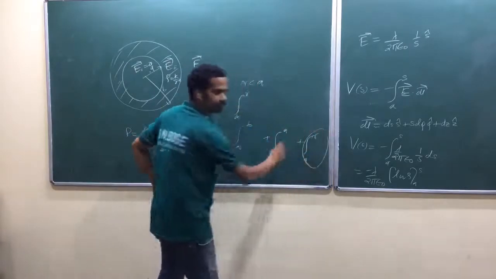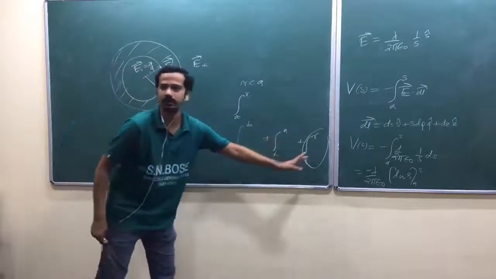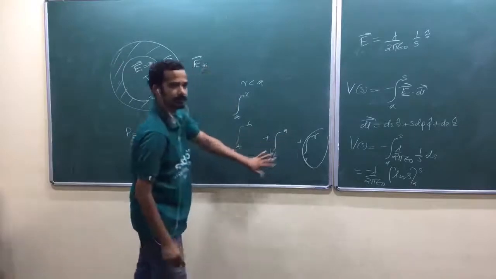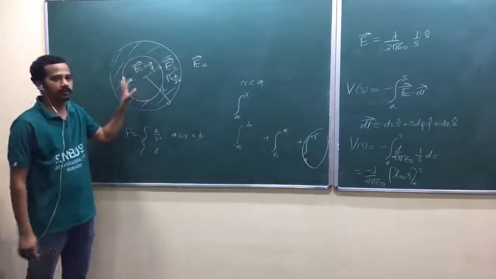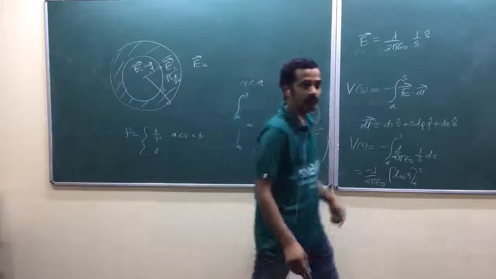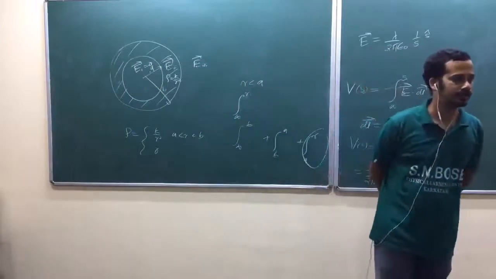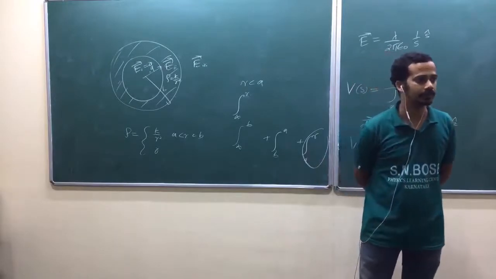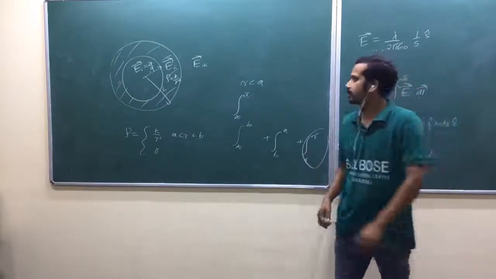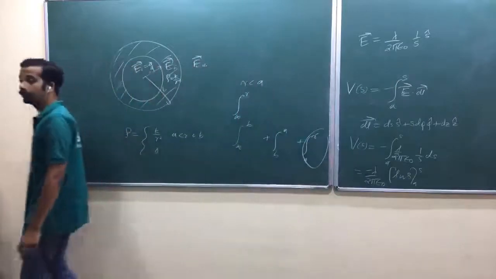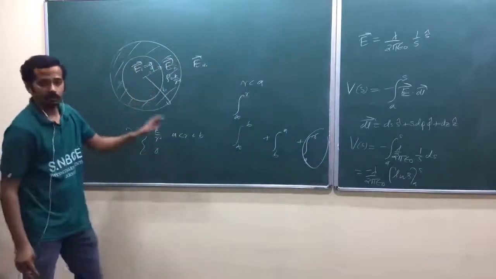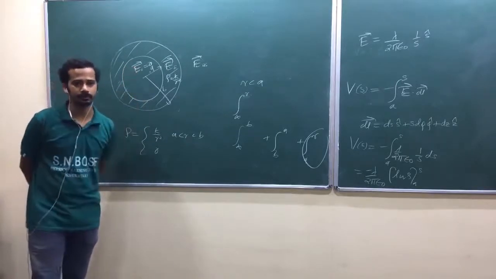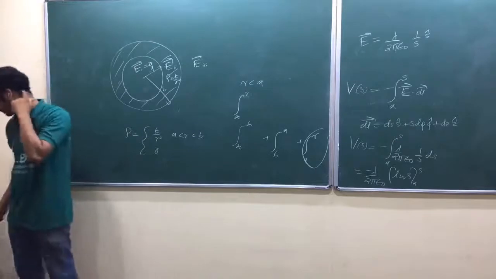This part is always 0, whatever the point R you take, because the electric field is 0. So only these two parts will add up, and you will get a constant potential within this region. If the potential was variable, you would get a non-zero electric field, isn't it? If the potential is variable, you will get a gradient. So you will not get any variable potential. The potential should be constant here, so the gradient is 0, which means the electric field is 0. Observe those facts.